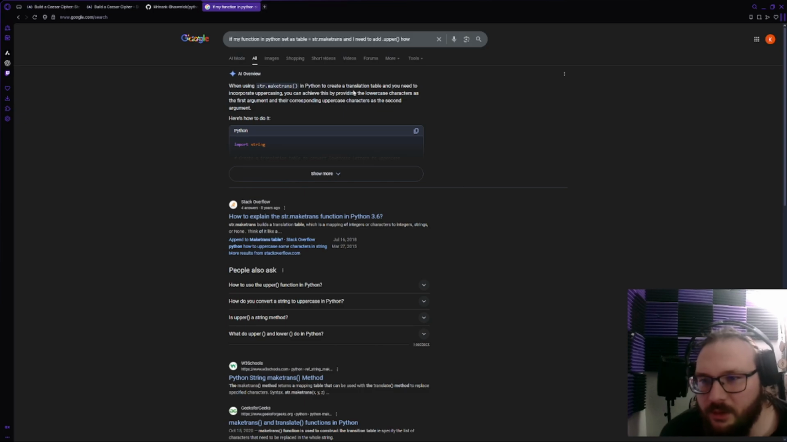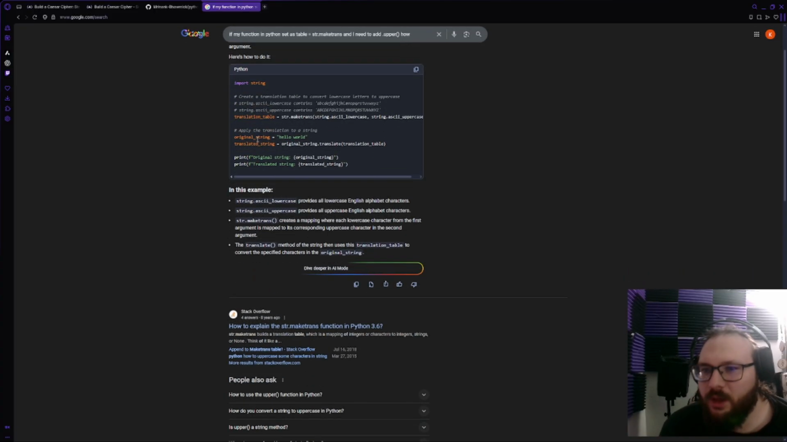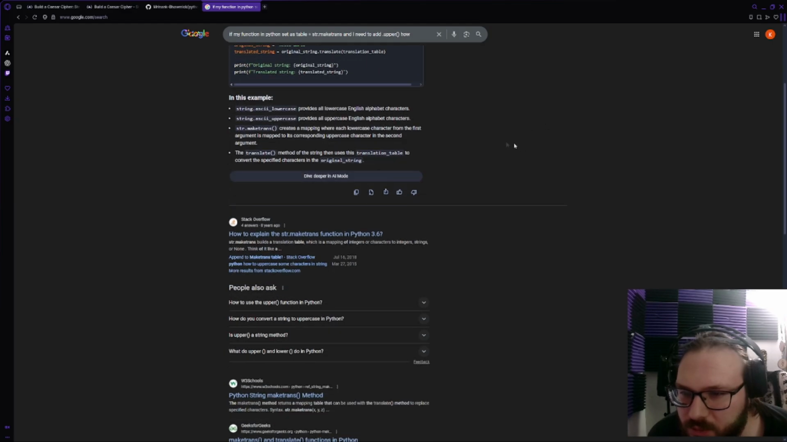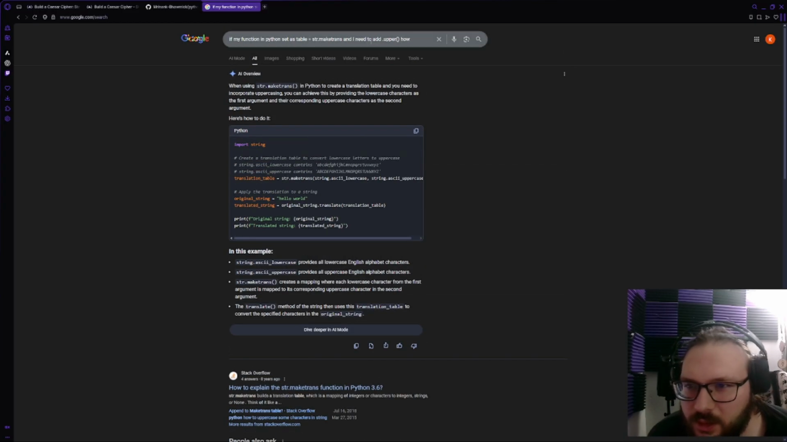When using make trans in Python for translation, you need to incorporate uppercase, and you can achieve this by providing the lowercase characters as the first argument. Python. Okay. Under what? But this is the string. It provides all lowercase English alphabet. But no. And I need to